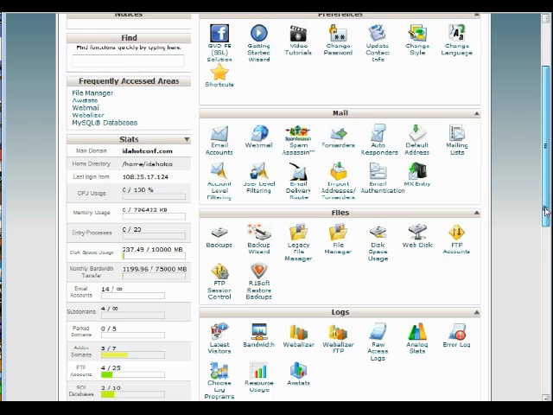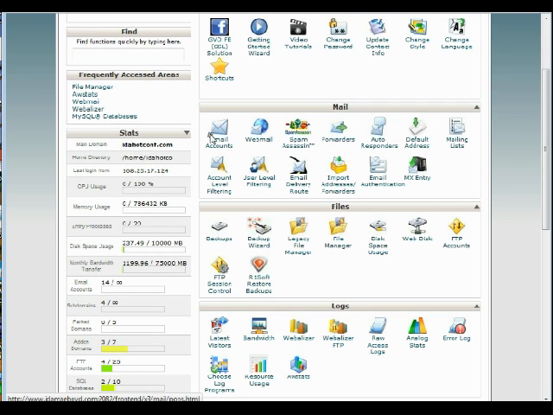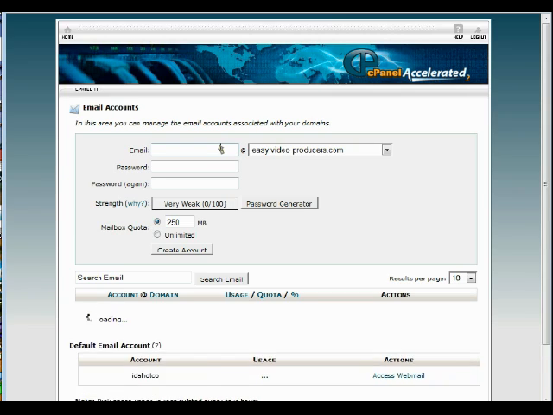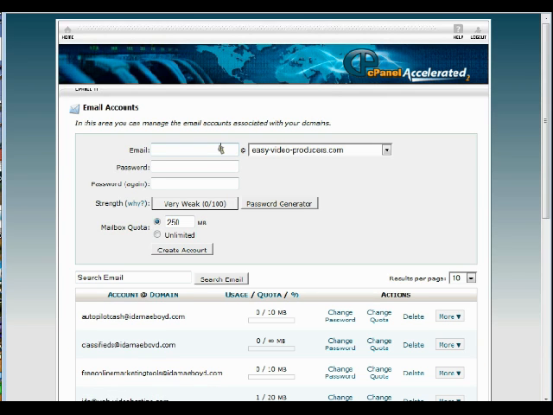The next area is the mail area. Here you have several little modules, applications, or apps, which are little programs that will enable you to do your mail. Let's say you want to create an email account. What you would do is come in here and click on email accounts. I can just click on it so you'll see, and it's very easy to do. For example, you would come over here first and select the domain that you want the email account on, and then you would simply type in an email,